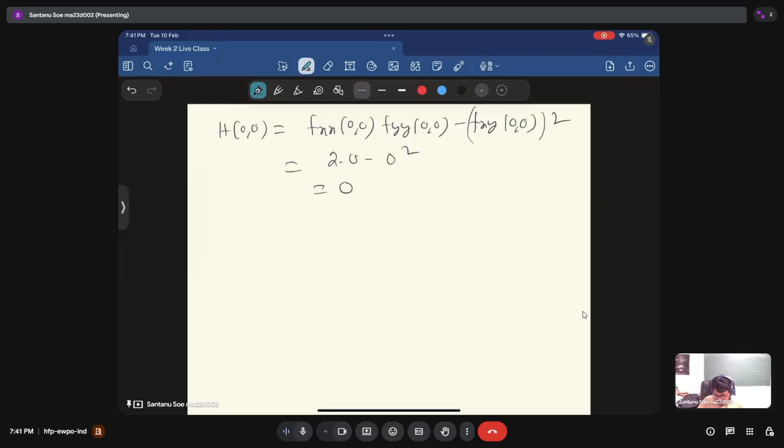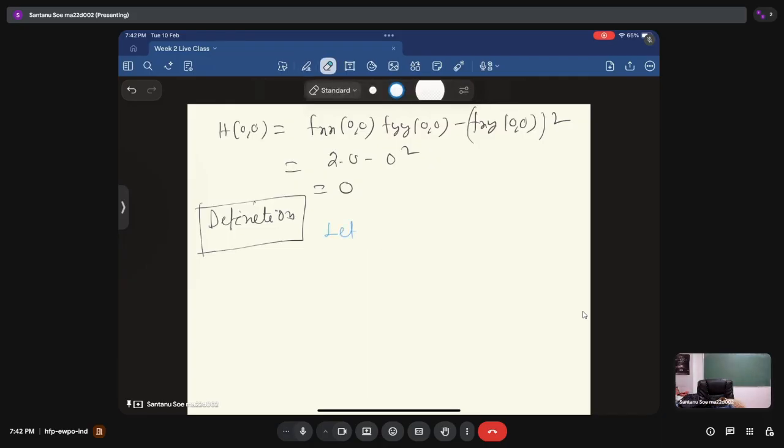So then how to do this? I mean, how to solve this question? How to find out that 0 comma 0 is a point of global minimum? Now for that reason, we have to go by the definition of a point of global minimum. Now what is the definition? So the definition says that, let f from R2 to R have a critical point a comma b,